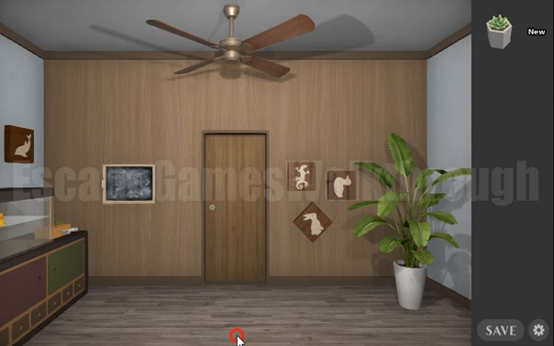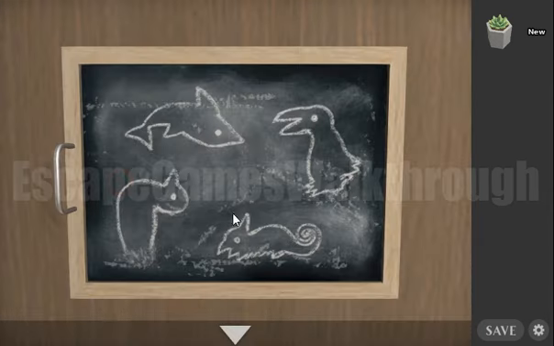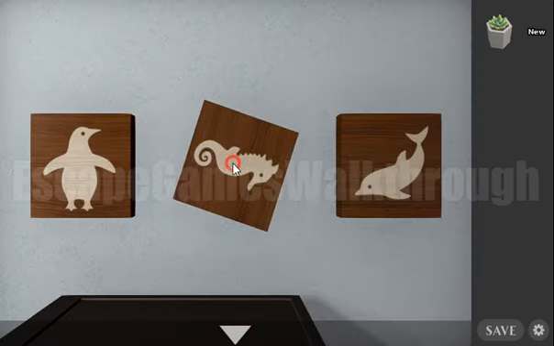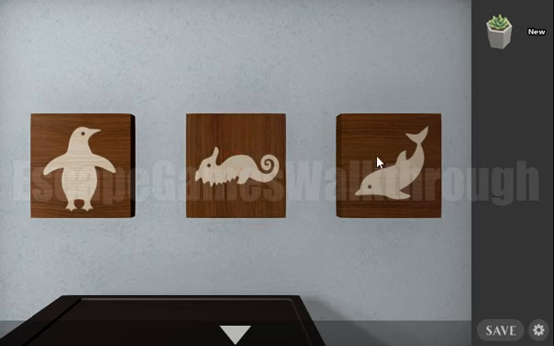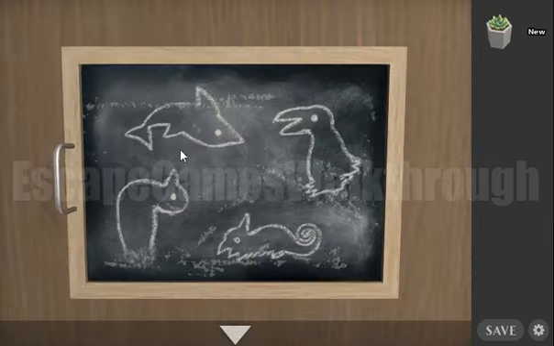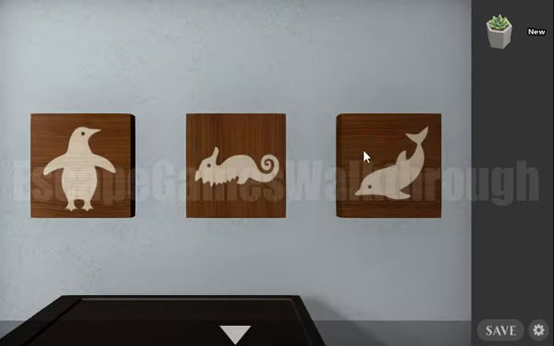This one, the lizard, we have to touch. Next, the seahorse is to look up. Here we can see a seahorse, and here's also a dolphin, a hint for the dolphin on the wall, and it should look to the right. Okay, let's rotate